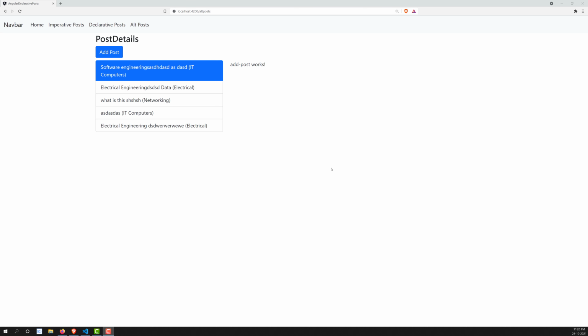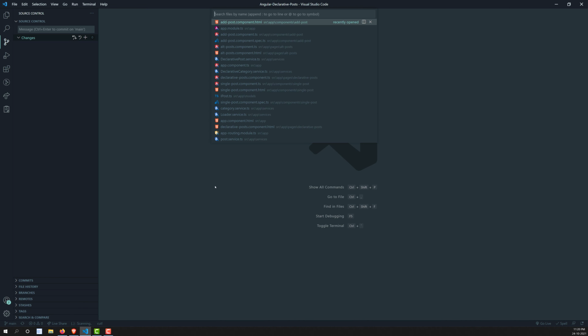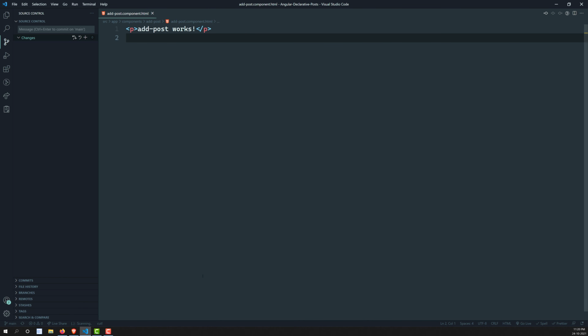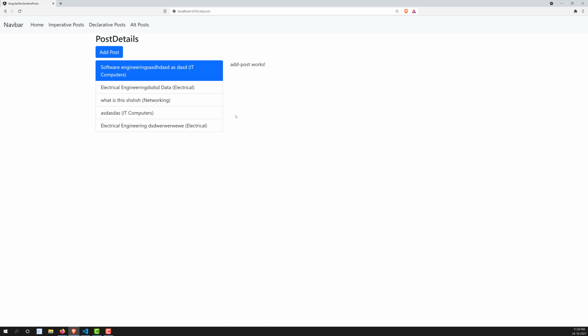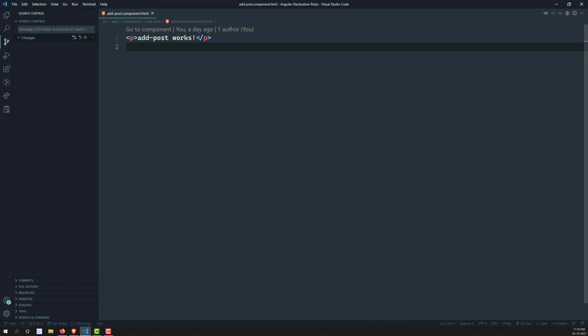In this video, we will design the add post creation form. So let's try to create the form using the reactive form modules. Now, quickly jump into this one and let's open the add-post.component.html. Okay, so this is the place where the component is. Here is the component, that is the component loaded. Now when I click on this add post, we are able to see it. So now let's try to design this add post form.